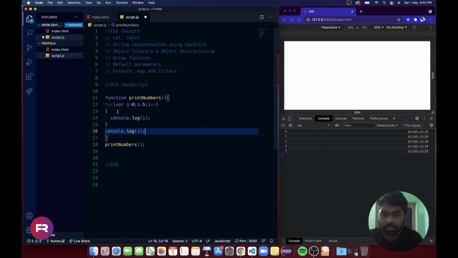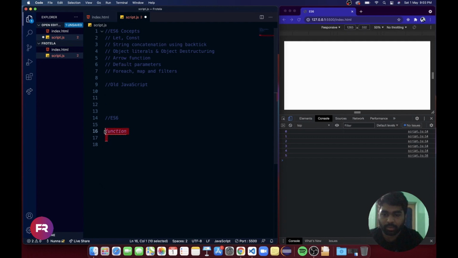After this for loop we should not be able to get this i. But in old JavaScript we will get 5, because var has function scope. But in ES6 if we write the same code,